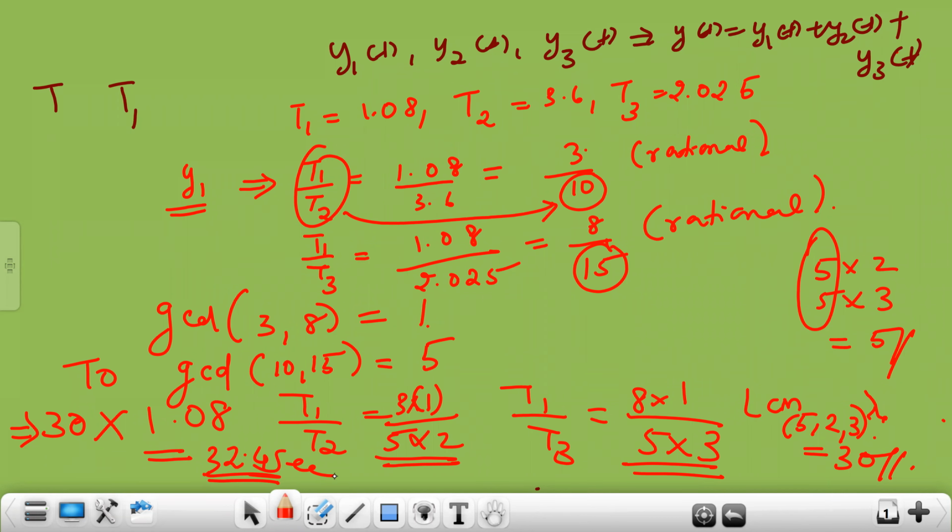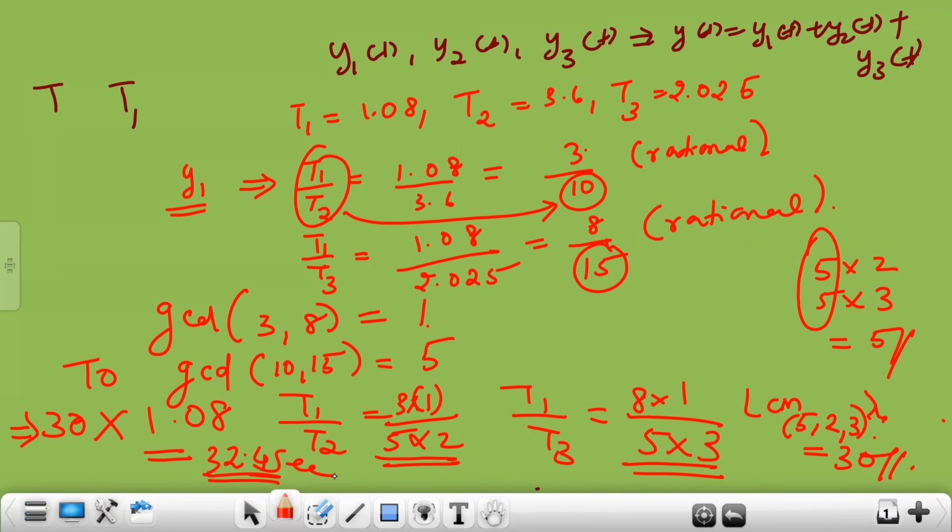I will repeat it once again. We have 3 different time periods. First, we have to take one signal as a reference. Then we need to find the fractions. Take the numerators and find the GCD. Take the denominators and find the GCD. Then we need to rearrange the fractions in terms of products of certain terms, and those terms must include the GCD value.